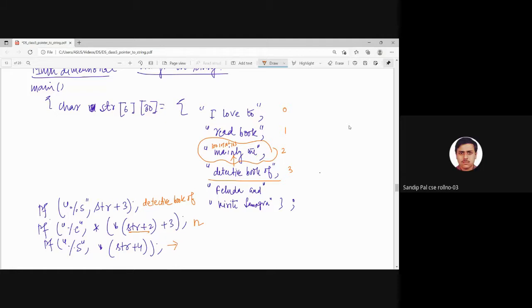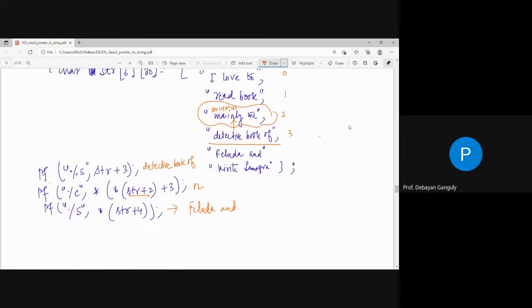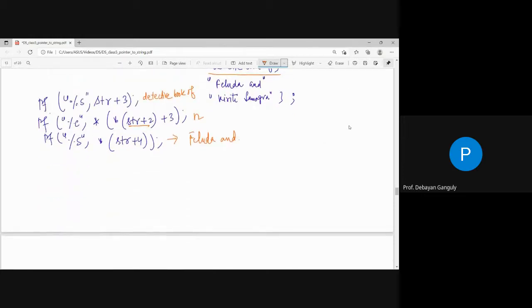ফেলুদা এন্ড। So Feluda and. সো আমরা তাহলে বুঝতে পারছি আমরা মাল্টি ডাইমেনশনাল অ্যারের জন্য এই রকম ভাবে জিনিসপত্র করতে পারি। সো দ্য থিং ইজ দ্যাট, ওকে, আমরা আশা করি এই জিনিসগুলো কিছুটা হলেও বুঝেছি।